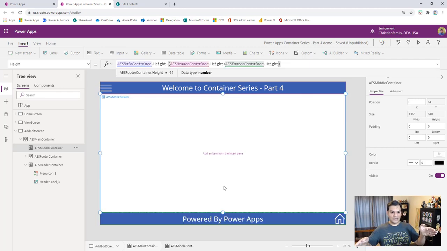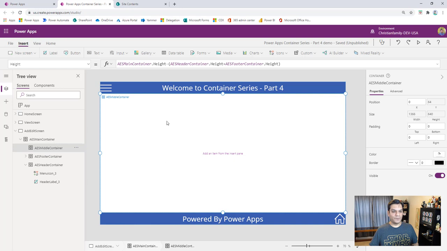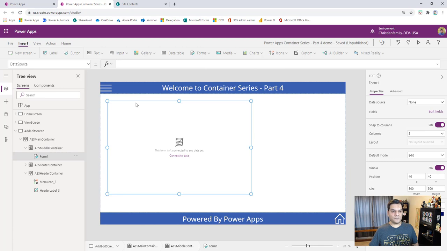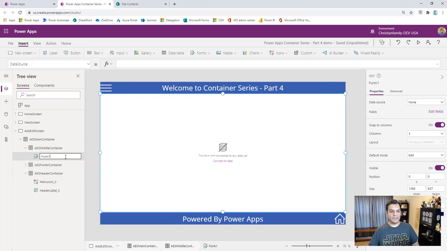Bam, all works nicely. I can see it, it's all sitting in well over here. All right, so let's do the final piece. The final piece is dropping our edit form in here. So I'm going to come to the forms, click on the edit form, and line it up a little bit nicely for now. And I'll call that my AES